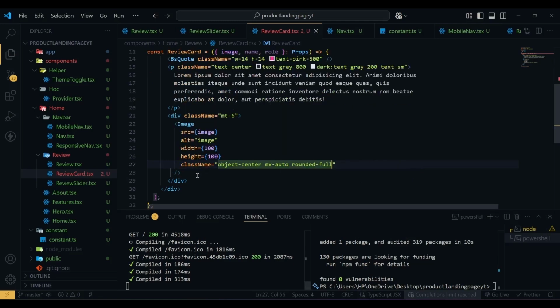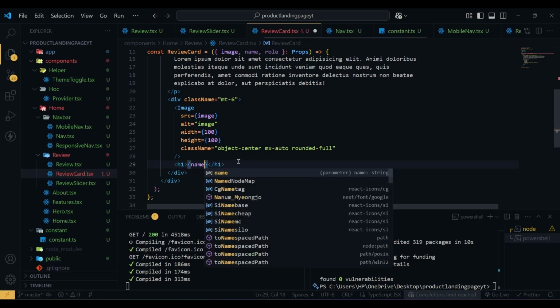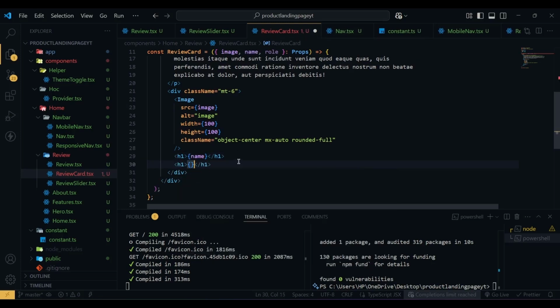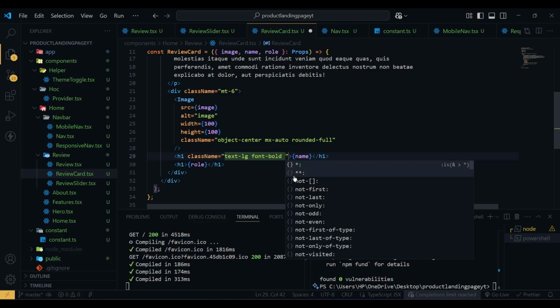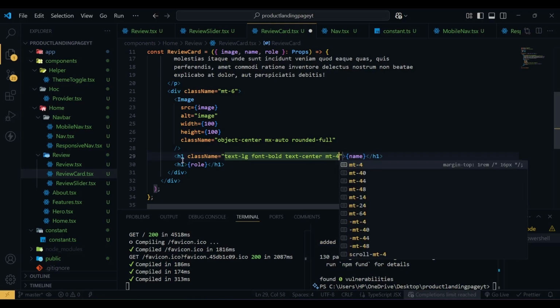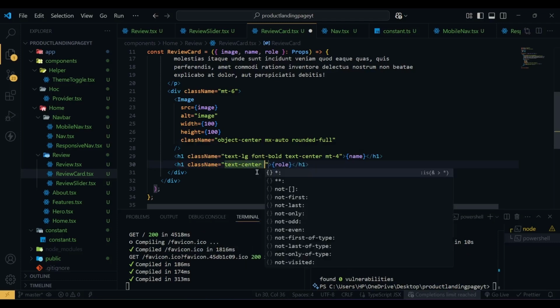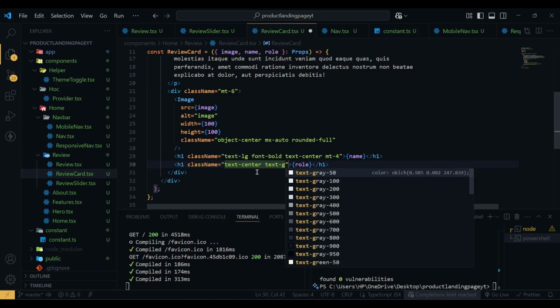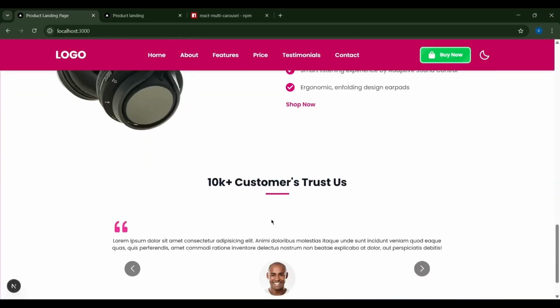Let's hit save. Then after the image we'll have an h1 with name and another h1 for row. The first h1 will have a class name of text large, font bold, and text will be center, margin top will be 4. For the second h1 we'll have a class name of text center, text gray 500, and if I hit save and let's go to our project, and here you can see we